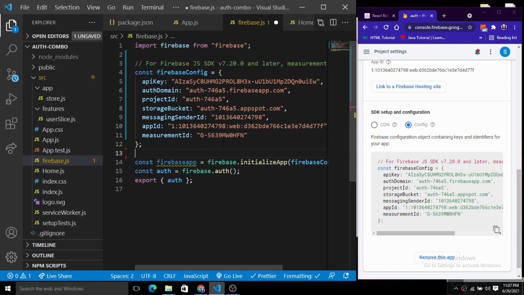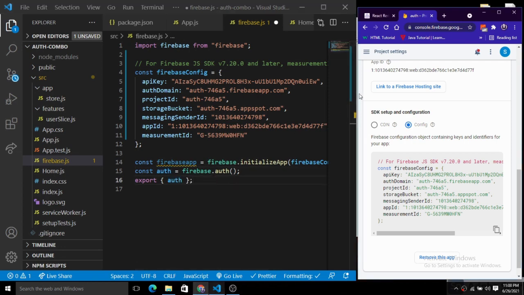And you have to initialize the firebase project if you need to use the database feature. Otherwise you can skip that. After that we have an auth object, for which we are using firebase.auth.